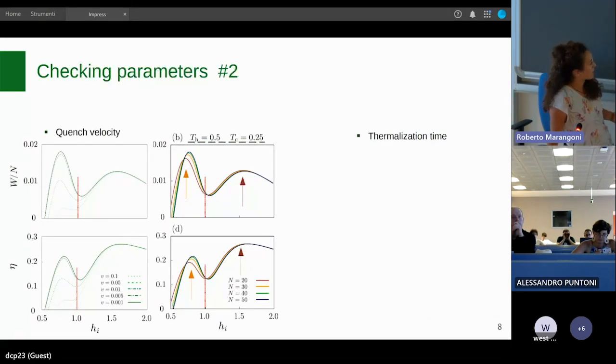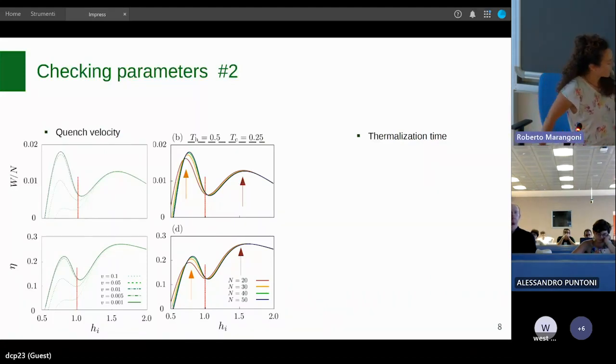And as you can see, for very fast quenches there is a suppression of the critical peak. This is expected since we have a gap. If we are too fast, we are dissipating energy in the excited levels, for both the work and the efficiency. But there is a trade-off: we can choose to not go too fast, not too slow, and we can decide to be just a little bit under the perfect adiabaticity peak.